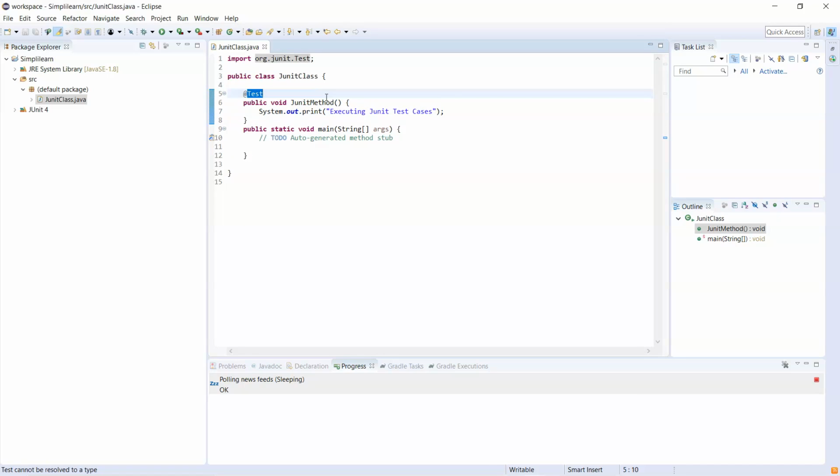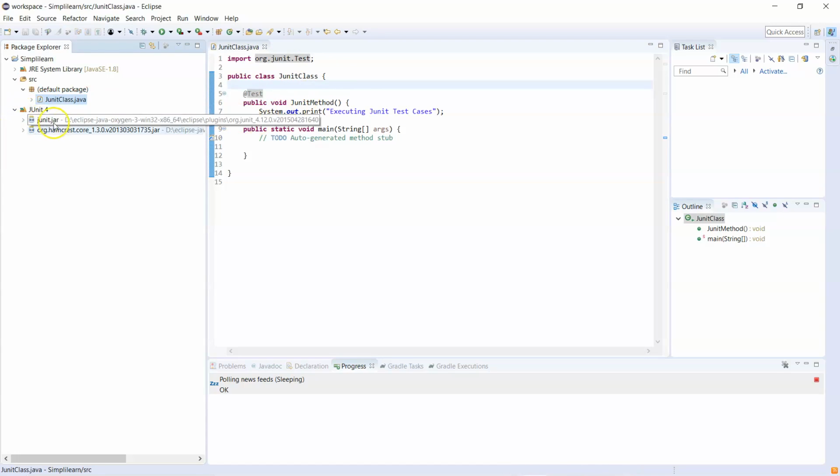The moment I do that, you will see some changes. First you will see changes at the top saying import org.junit.Test. That's the first import, and the second import will be for JUnit 4. You will see these two jar files are automatically picked up by Eclipse. Even if you don't download these jar files, this is the main benefit of Eclipse, that these are already a part of the plugins. You can see their paths, that these are already installed in the